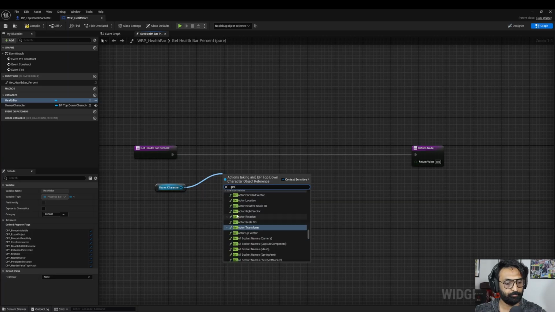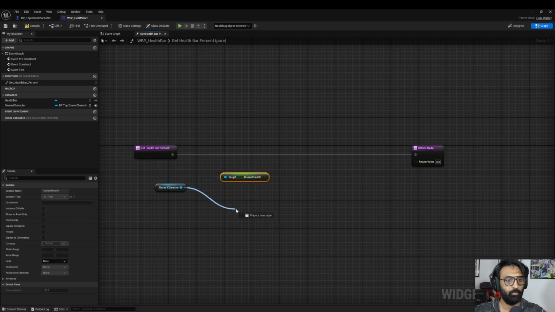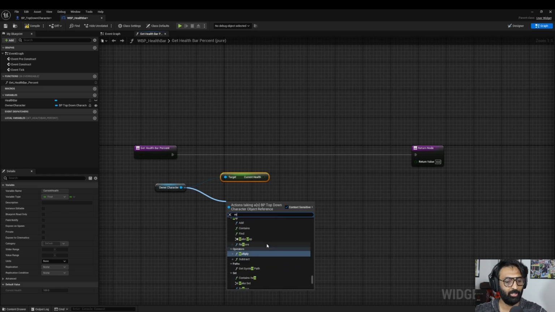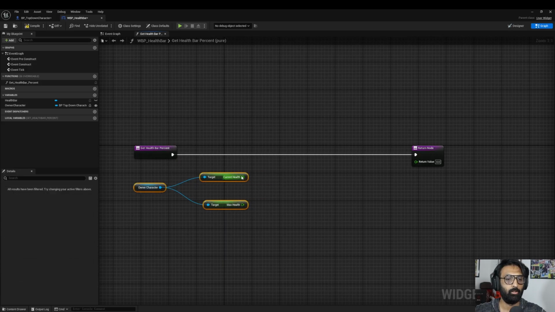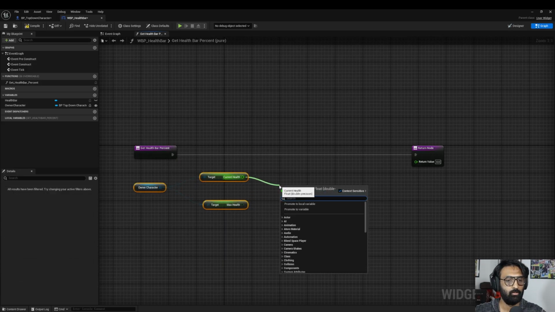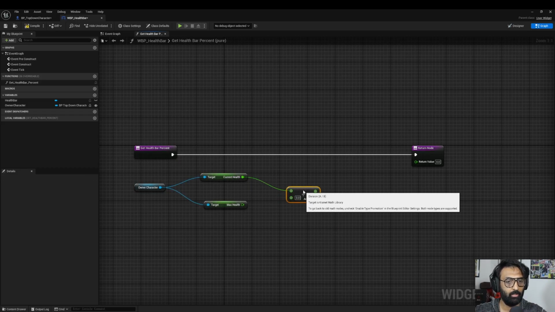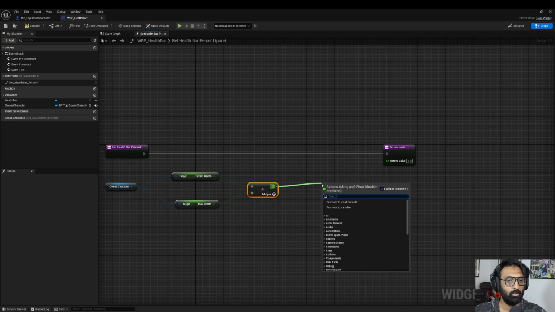current health, and we are also going to bring in max health, get max health. And like I said, we are going to attach the current health to the divide node as the numerator and max health as the denominator. And this result is going to go inside